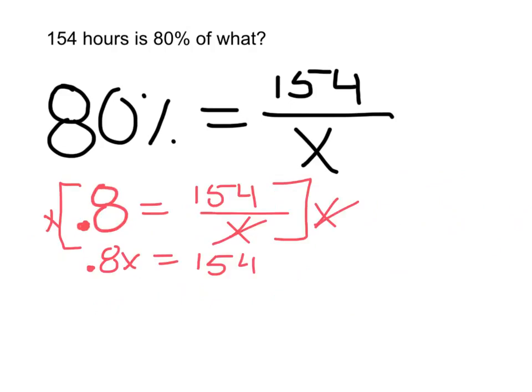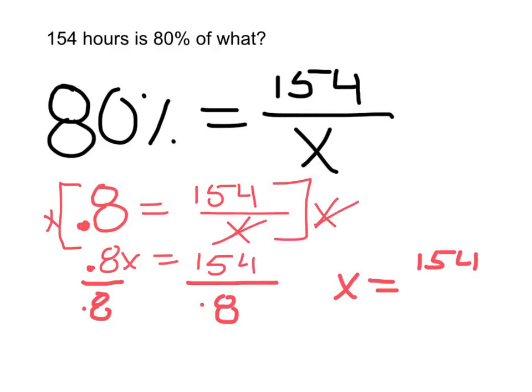And then last, we're going to get that x by itself, so we're going to perform the inverse operation. 0.8 is being multiplied by the x, so we're going to divide it. So 0.8 divided by 0.8, and we get x is equal to 154 divided by 0.8, and x is equal to